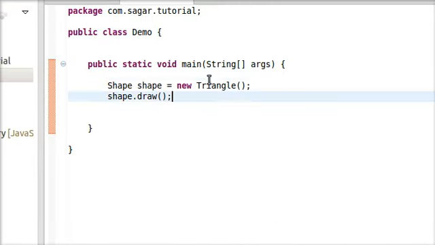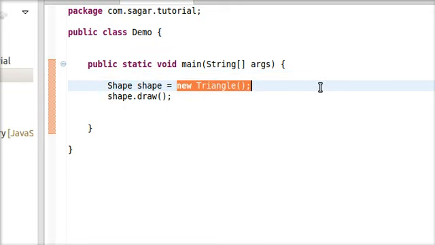But the problem here is we cannot decide at runtime whether to draw a triangle, a square, or any other new shape that was not available during compilation. So what we have to do is, instead of creating an instance of the object like this, we can use